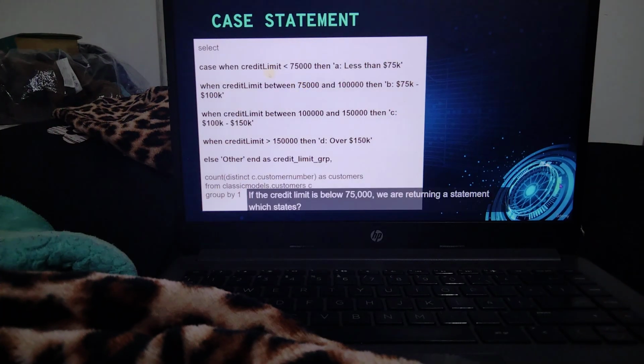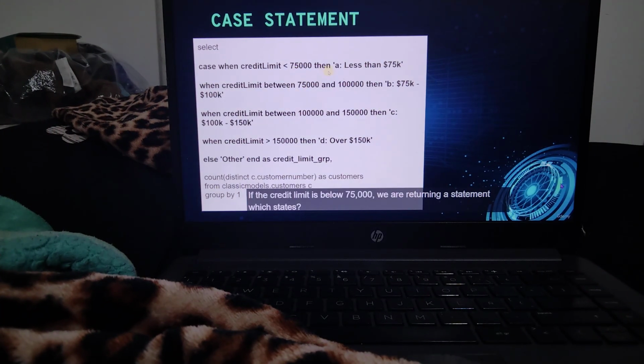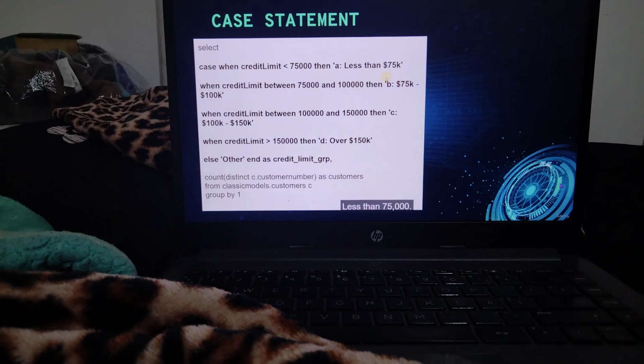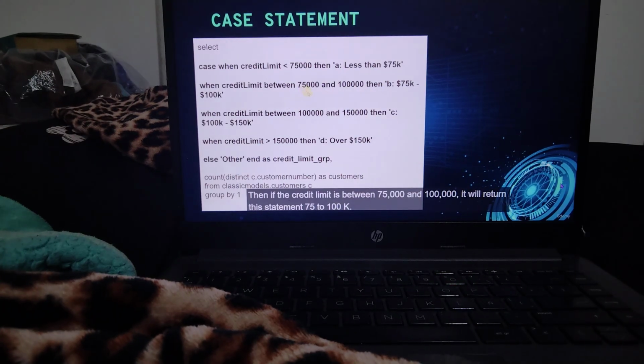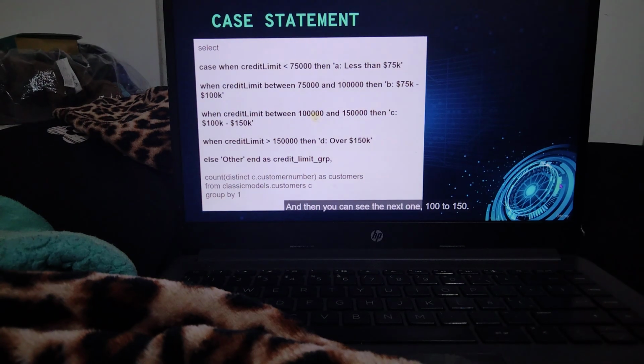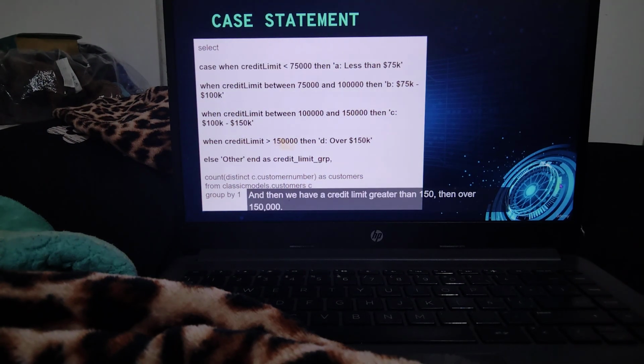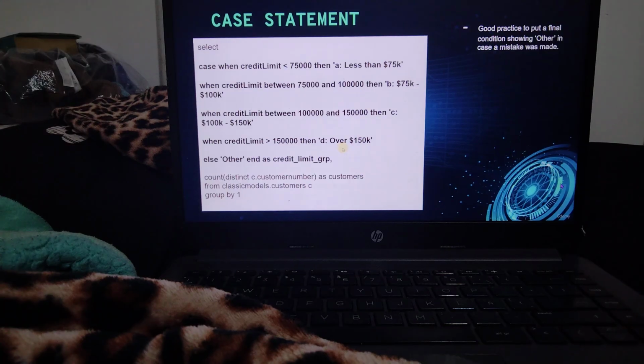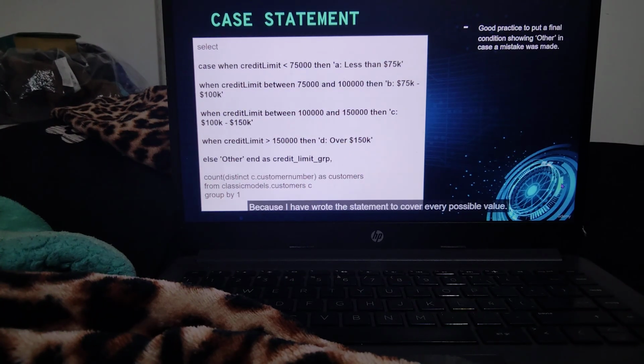So in this statement, if the credit limit is below 75,000, we're returning a statement which states less than 75,000. Then if the credit limit is between 75,000 and 100,000, it will return this statement, 75 to 100k. Then you can see the next one, 100 to 150, and then we have a credit limit greater than 150, then over 150,000. Because I have grouping case statements to cover every possible value, it will always fall into one